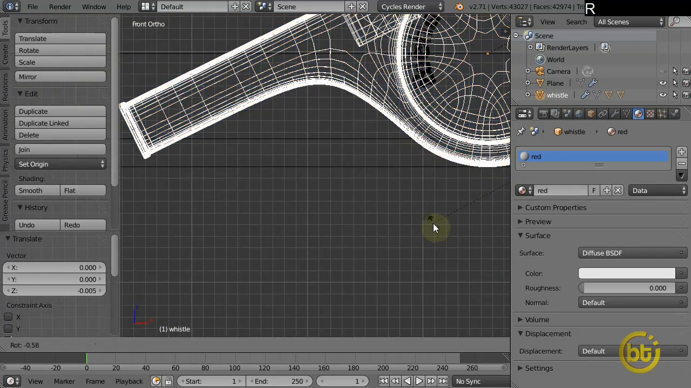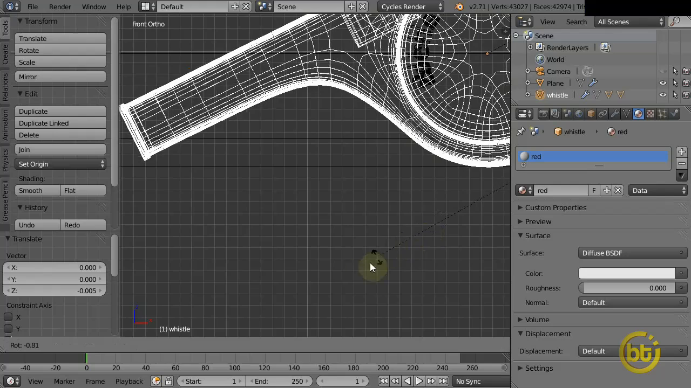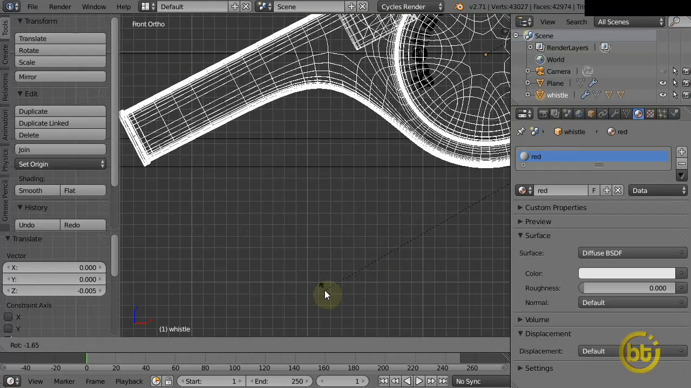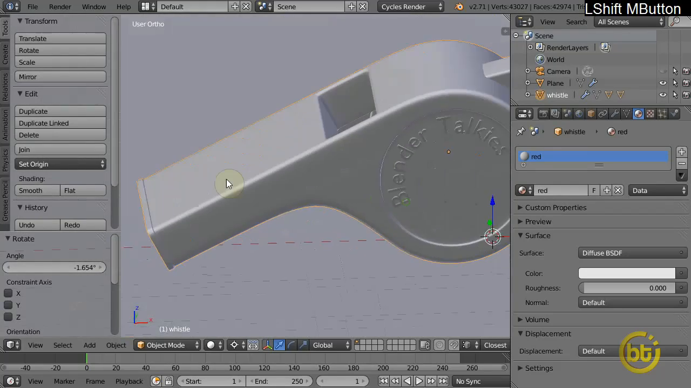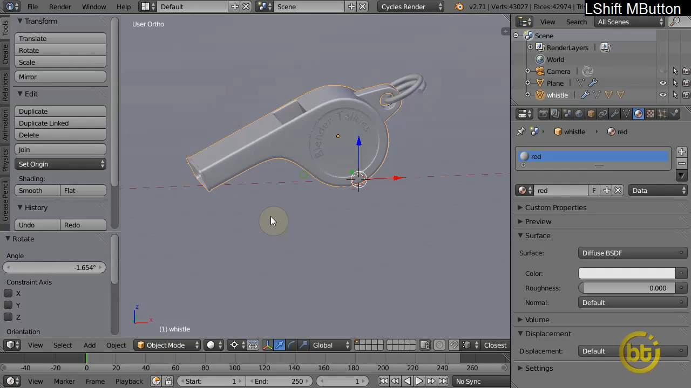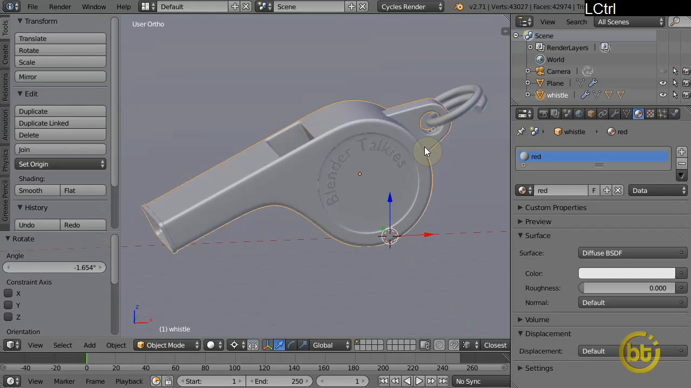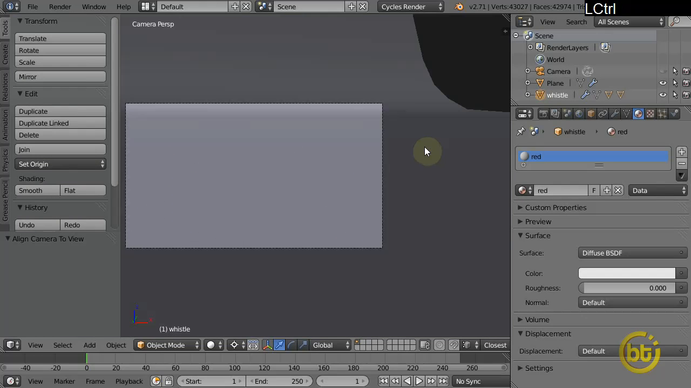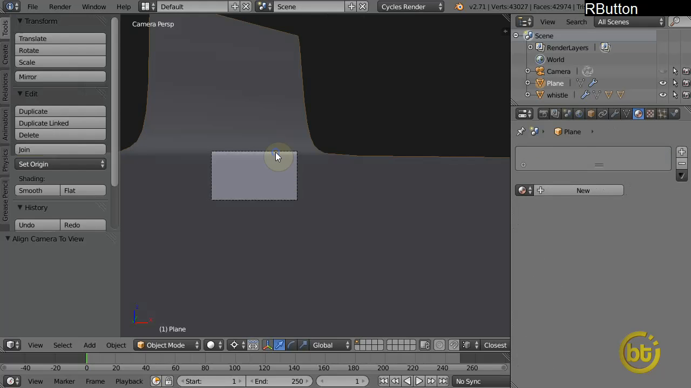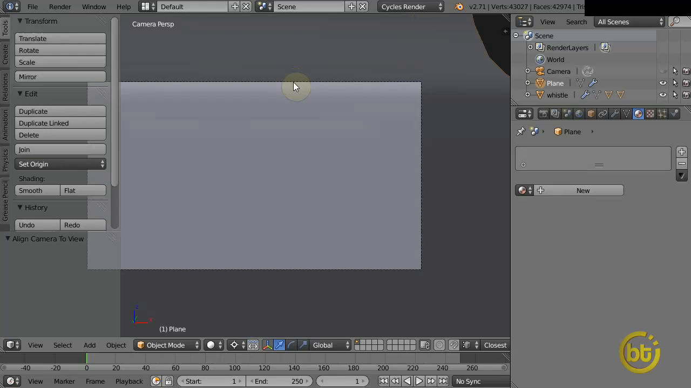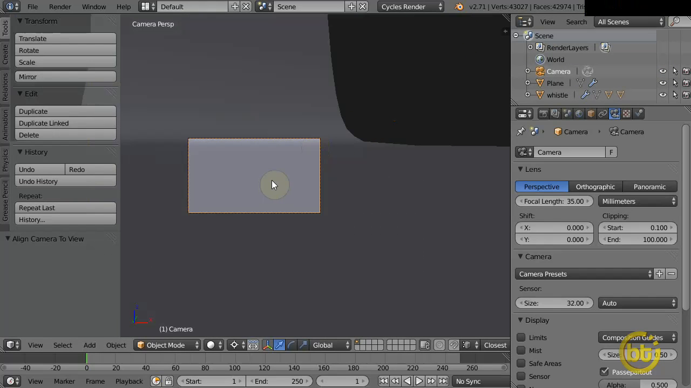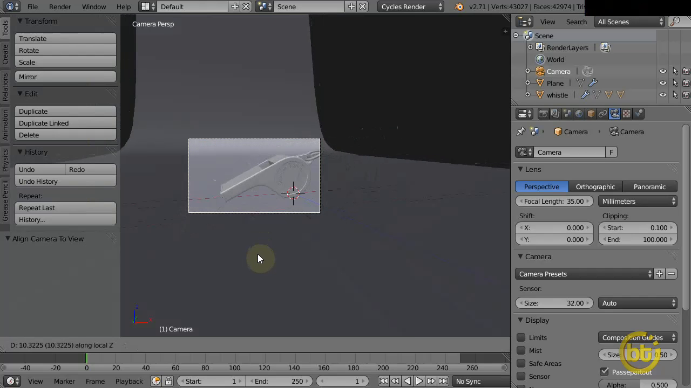Okay, rotate this one. Fine, position the angle something like this, and now press Ctrl Alt Numpad 0. This will snap your camera to there. Now you are not able to select the camera because we hid the camera from the 3D viewport. Go here, just enable this one. Now select the camera, just grab this one like this